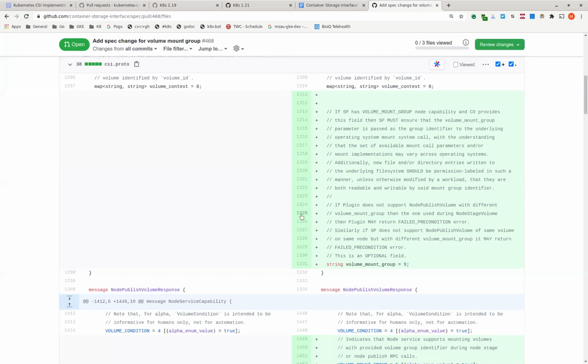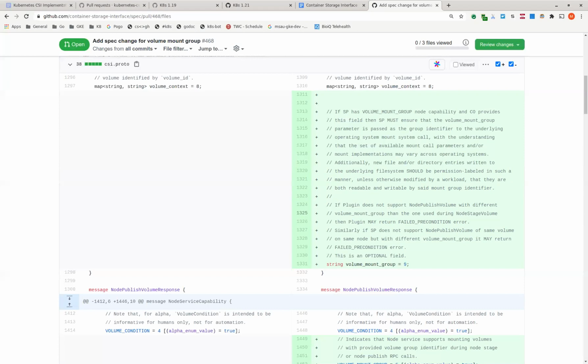So if you don't support it, there's no other option than to return failed precondition error? Is that what you're getting at, Michelle? Yeah. What we're saying is, if you do support it, you should succeed. If you don't support it, the way you communicate this is by returning failed precondition error.